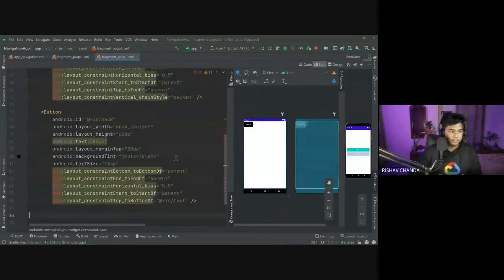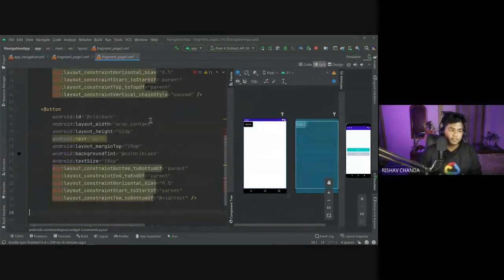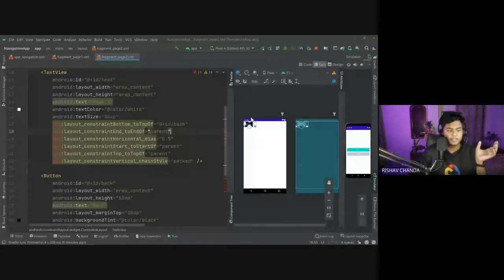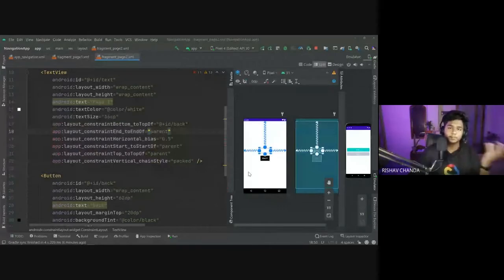Now once you paste this one, you will see errors are coming, right? So to fix this one, simply add one constraint from here and all the things will come up automatically. When you paste it, it doesn't recognize it. So simply do one constraint, it will recognize all other things.